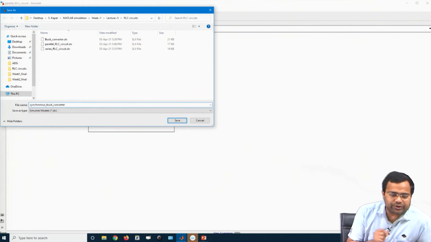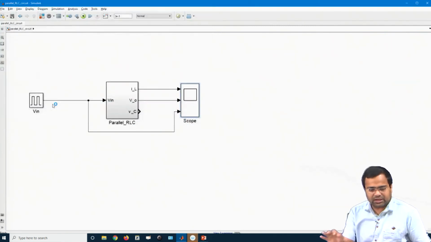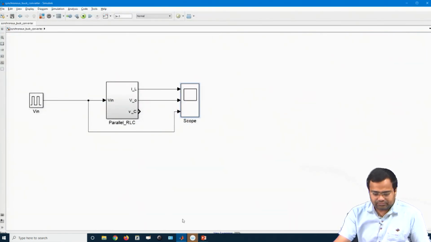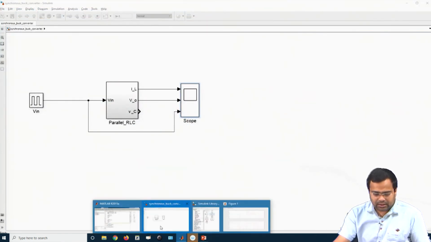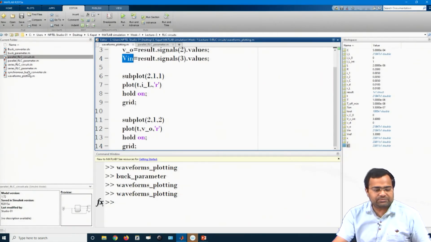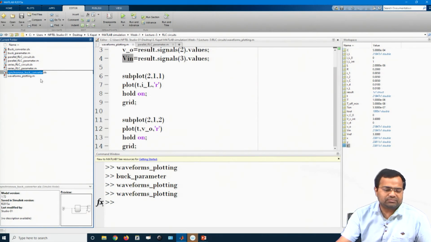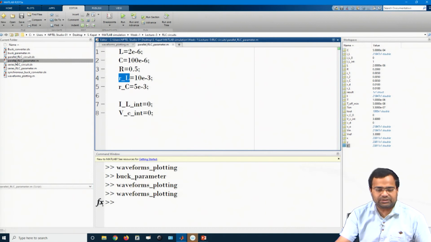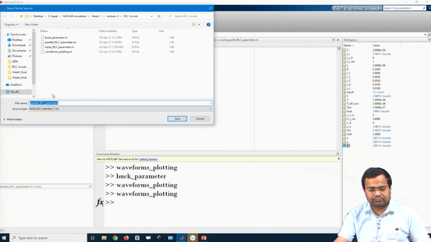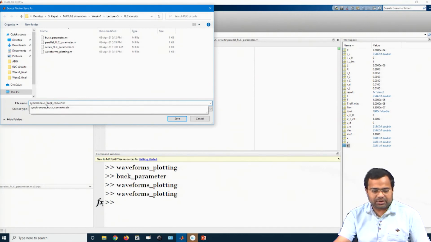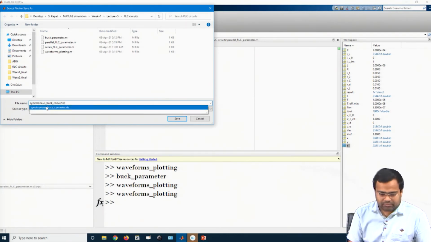Now, I want to show you that these blocks are very flexible, and I also want to show you the synchronous buck. I want to also set the parameter values. That means, whatever parameters of the RLC we have chosen, we will save as another file for the synchronous buck, and this is my parameter file.